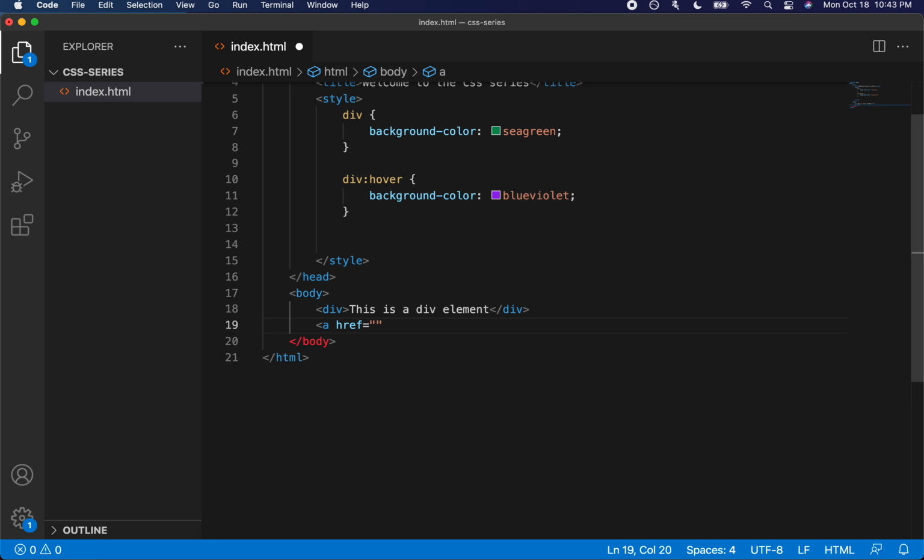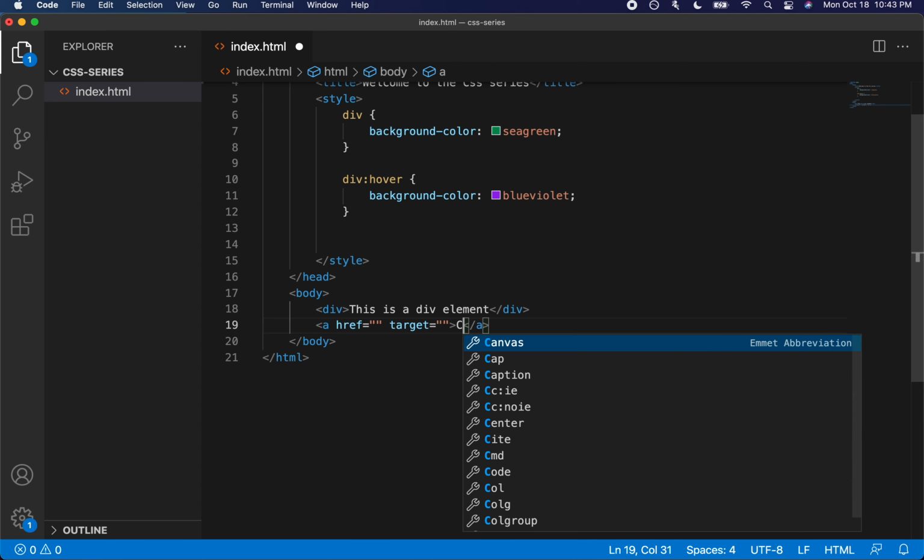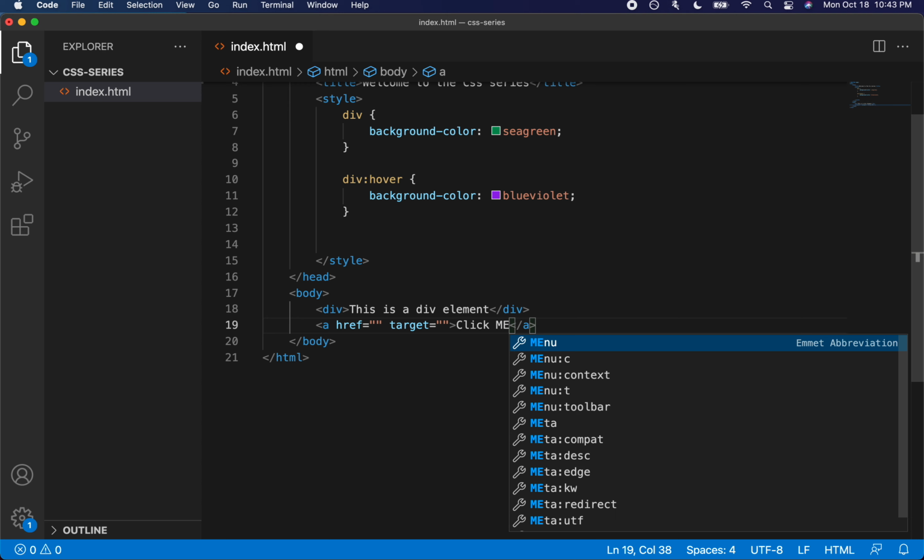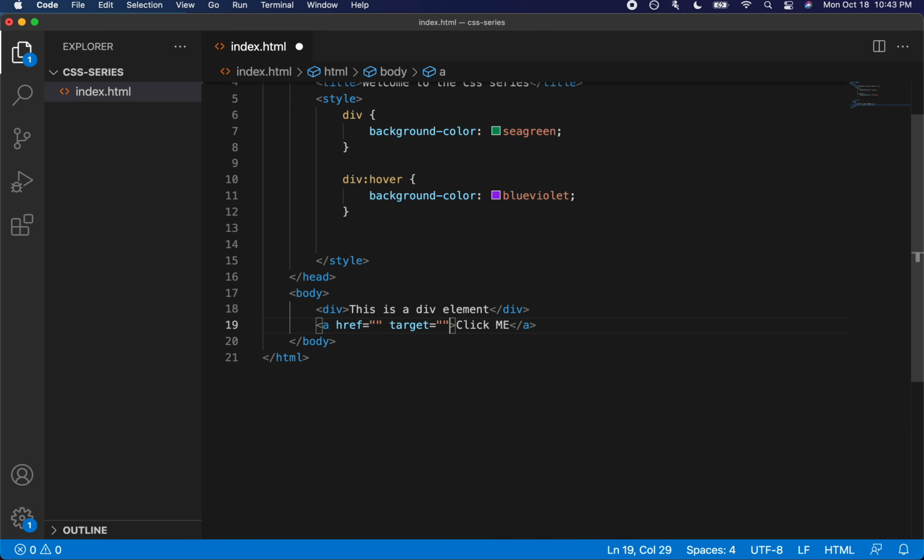For example, an A tag, and then there is an href and we add a target to it. Click me. So this is the content for our link element, and then we'll be adding a URL within this. And our target will be blank, which will take care of opening this link in a new browser tab.